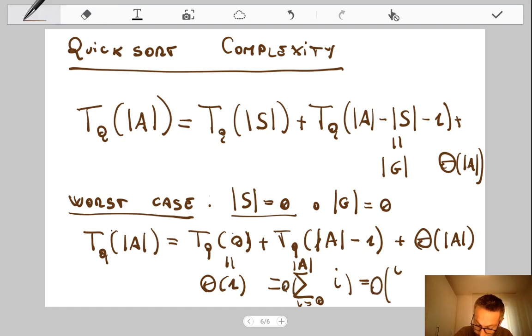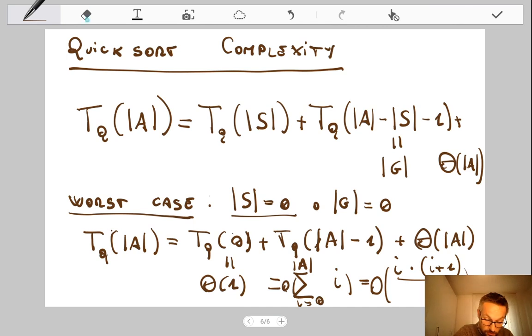This is big O, and so this is I multiplied by I plus 1 divided by 2, which of course belongs to big O of